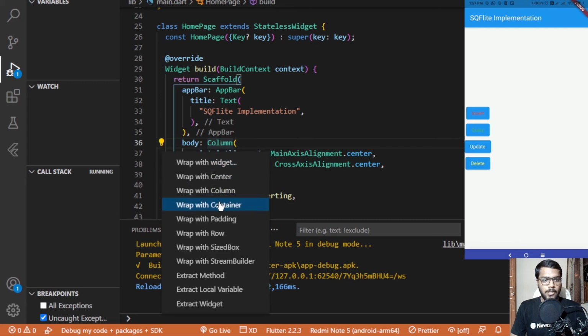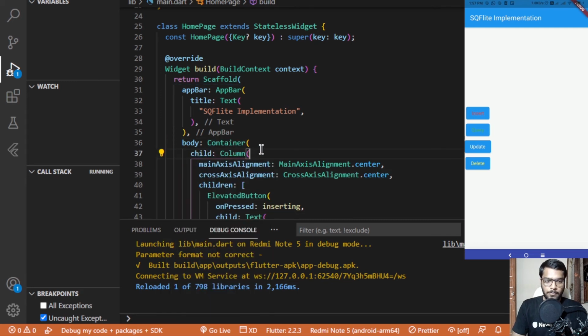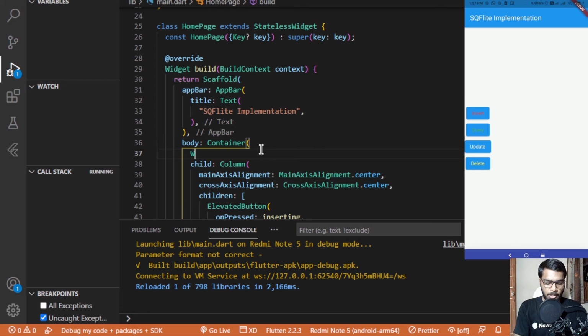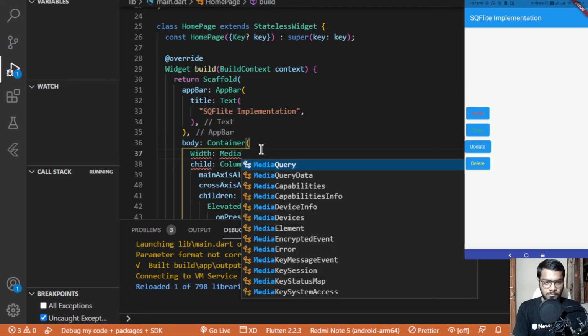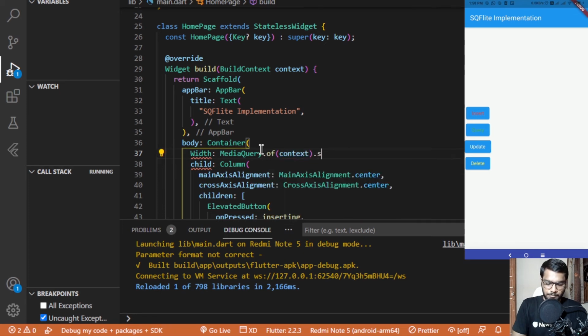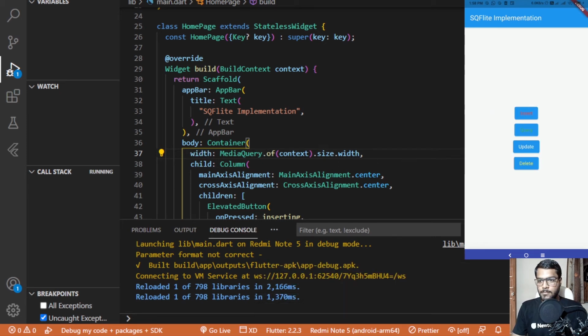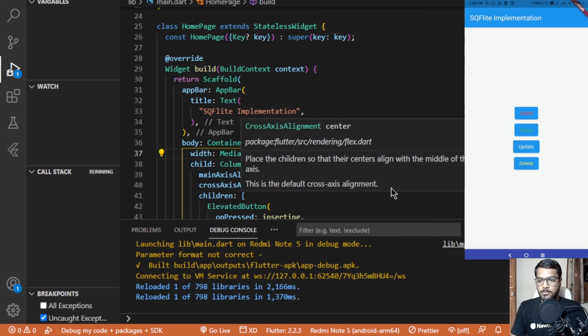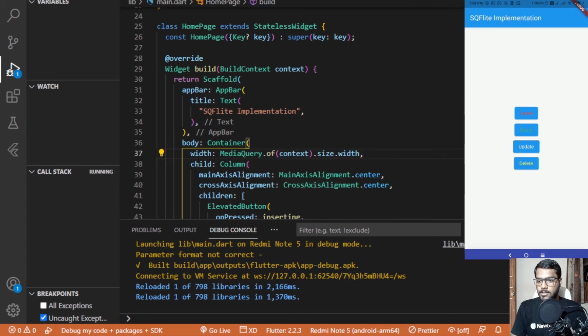So adding a container with the width of MediaQuery.of(context).size.width, and the w needs to be small. Saving it again, and now you can see the UI looks much better than the previous version.